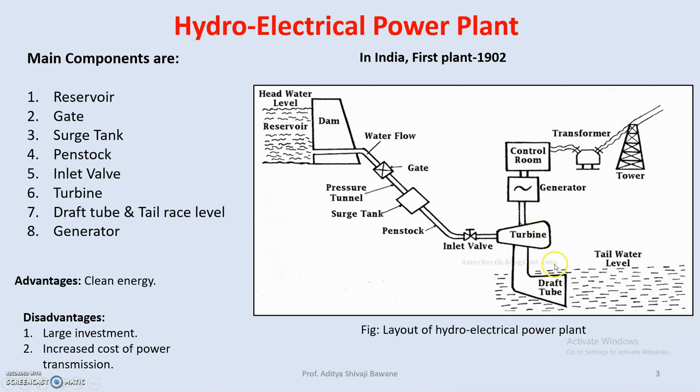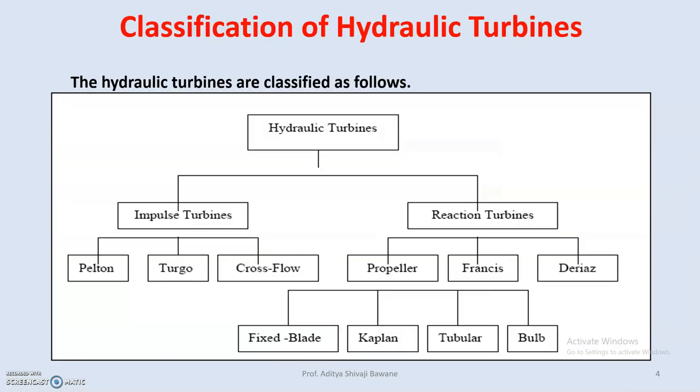to generate energy through a turbine. What is done in this case? Water stored has potential energy. That energy is converted to kinetic energy, and that kinetic energy is used to rotate this turbine or wheel. Due to that rotation, the shaft will rotate, and the shaft is attached to an alternator, and energy will be generated. So, how this actual process takes place, that we are going to learn.